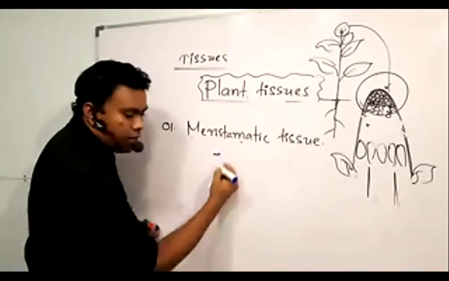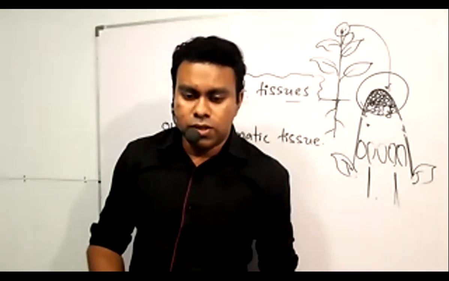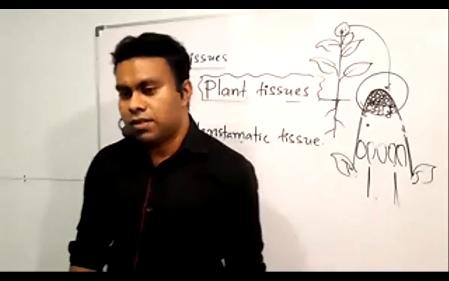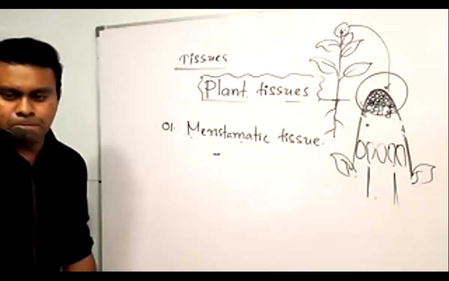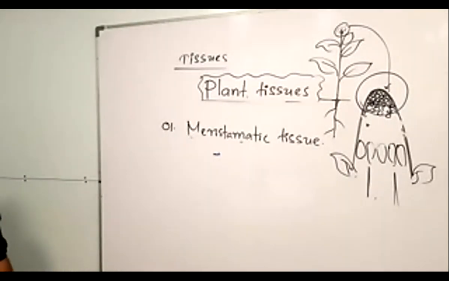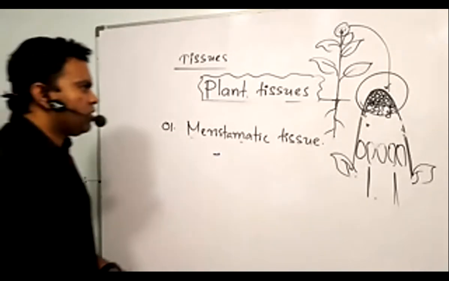So you have to write here, meristematic tissues are of three types. First one,